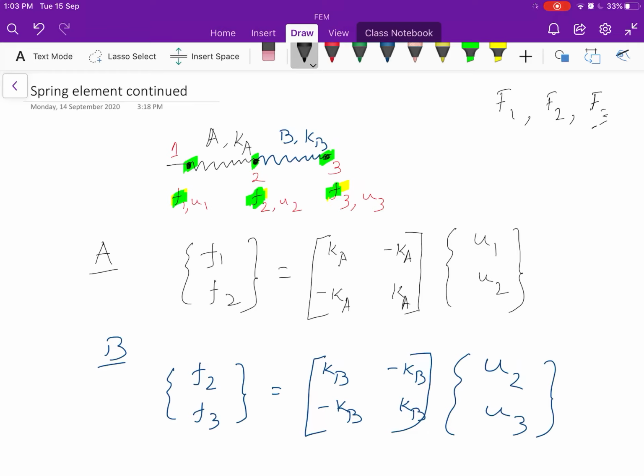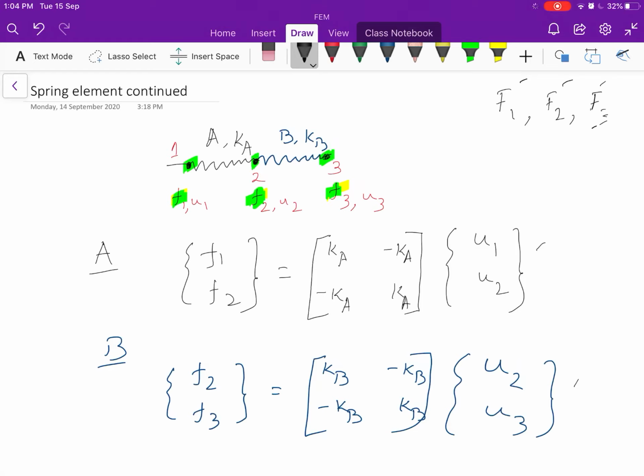And then what would be the relationship between the nodal forces, that is capital F1, capital F2 and capital F3, and the nodal displacements? That would be something different from the one that can be seen from the elementary condition. So let's now determine the relationship between forces and nodal displacements when we consider the global scenario and not the elementary one.